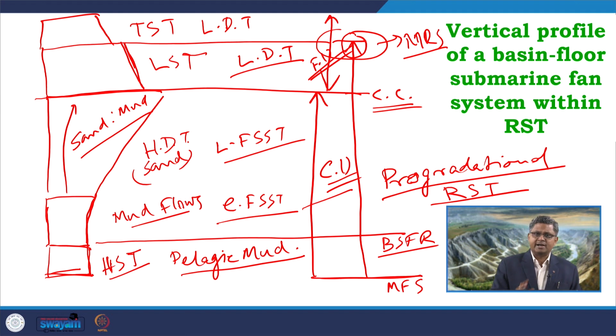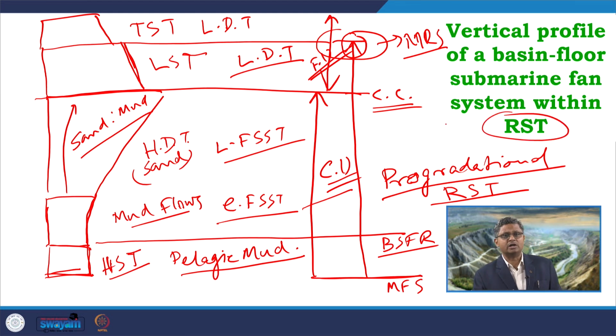So, during the RST phase, when you are looking into the deep basinal part, a significant transition can be observed in the vertical profile, where we can identify an overall progradational pattern, but that progradational pattern is not necessarily a coarsening upward pattern. It can vary from initial coarsening upward to fining upward within the RST, but overall it is a progradational pattern, and that progradational pattern will be truncated by backstepping TST deposits. Again, these are low density turbidites.